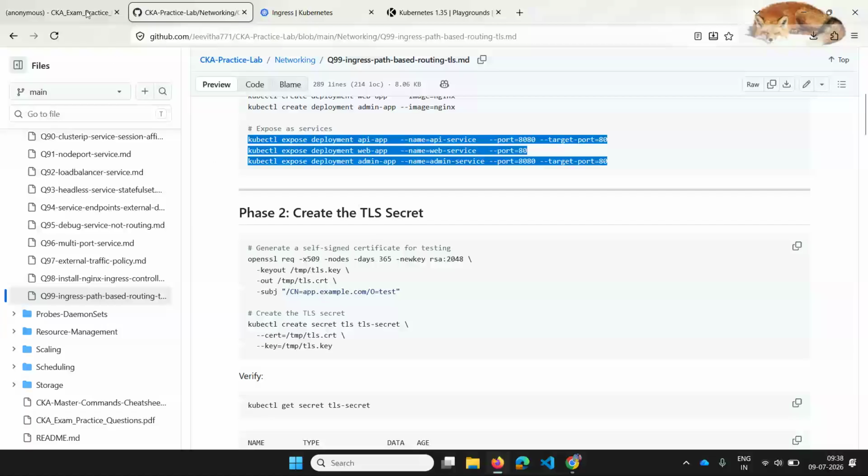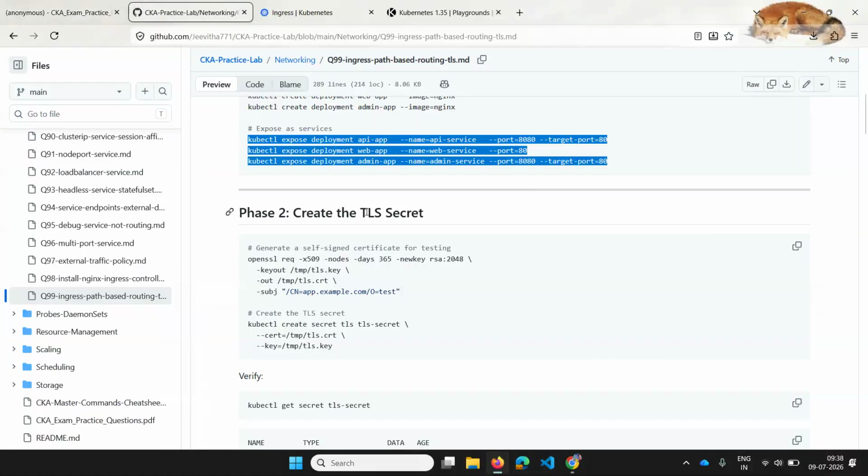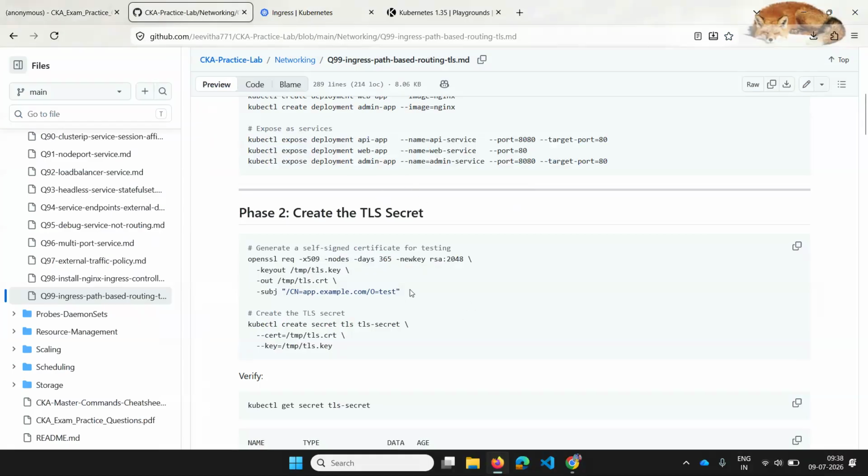Before that, the question is telling us also to use this TLS secret. Maybe in the exam they will already create the secret for you, and they will just ask you to create a TLS secret. So you should know how to create a TLS secret.